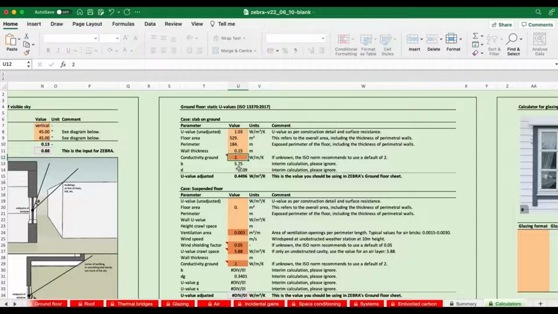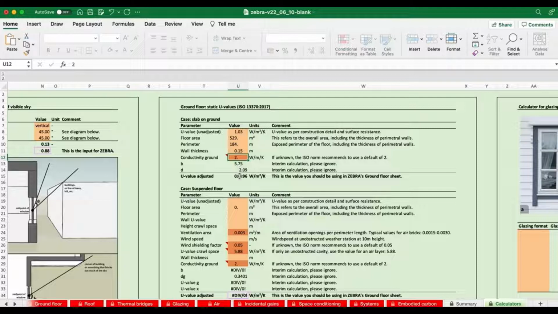And that's an example of something you've got to get right. If you don't get this right, then the heat transfer through the ground floor will be identical to the heat transfer through the roof, because they have the same area, if they had the same U value, unadjusted U value.